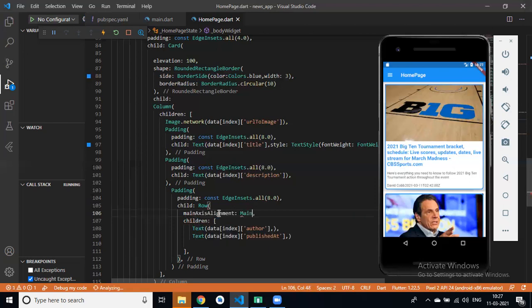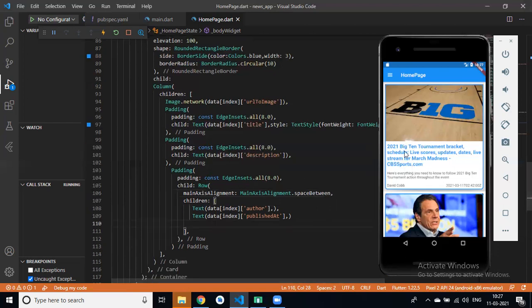In this case, main axis alignment, we can give MainAxisAlignment.spaceBetween, right? So if I hot reload this, then our author is on the left side and the date on the right side. Now you can see.